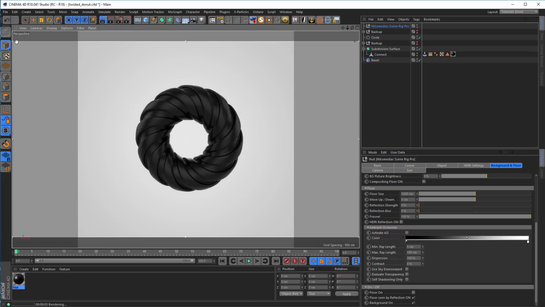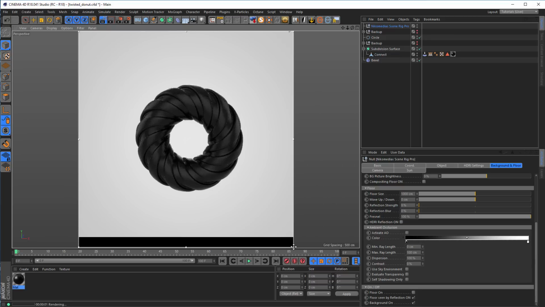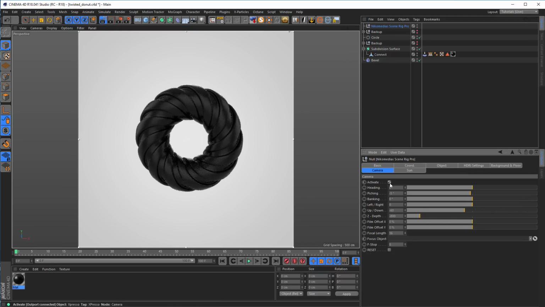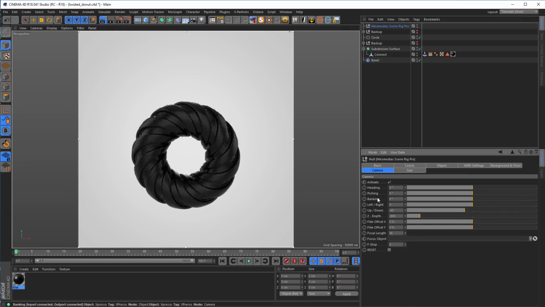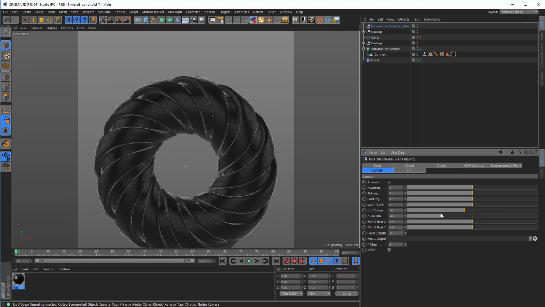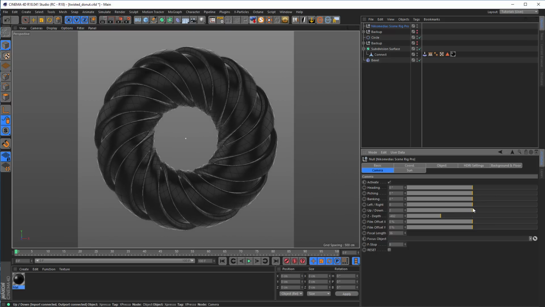Okay, so now I use my camera rig here, activate it, do deep pinching, and come on. Oops, so a little up here. Okay,